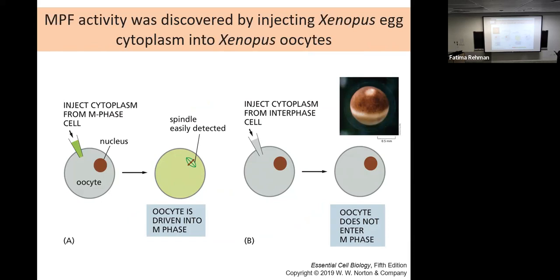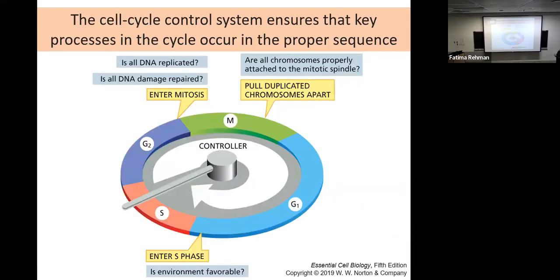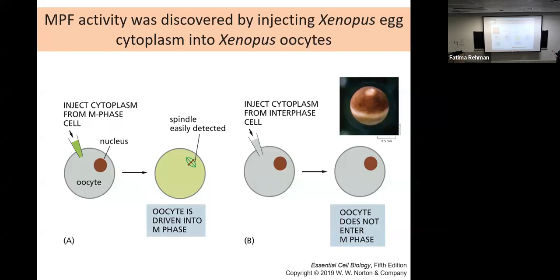Well, there is what we call mitosis promoting factor, essentially, MPF activity that we saw was present in the cytoplasm of cells that were ready to go into mitosis. So if you took cells that you knew were going into mitosis, and you took that cytoplasm and injected it into some oocytes that were not ready for transition yet, they would trigger mitosis in these oocytes, even though they had no other reason to divide at this point.